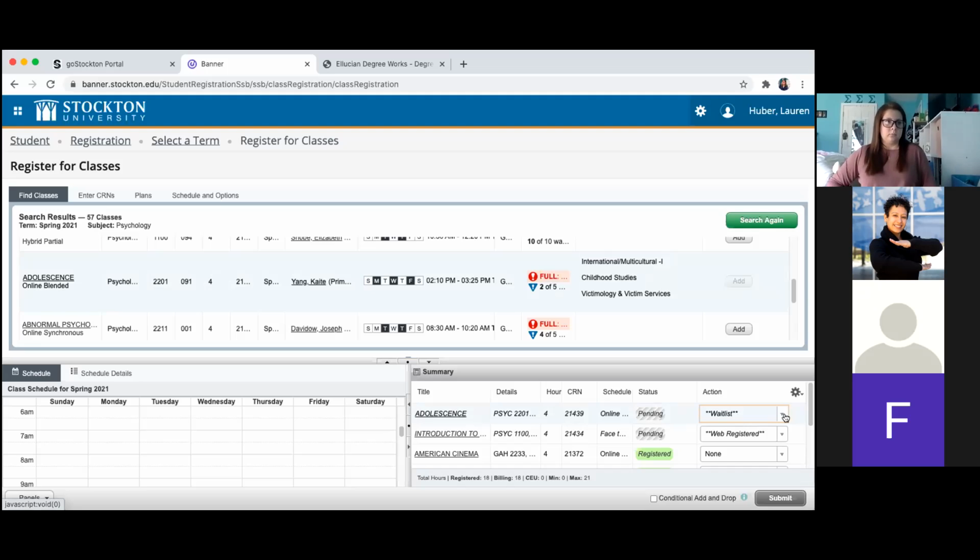So if you wait list for a seat, you have to be very diligent and make sure that you check your Stockton email at least once a day to look for that wait list seat. And particularly do it over the holiday break, because everybody tends to go into Christmas mode and they're not thinking about school. But it does pay to check that email just once a day, and look for that wait list